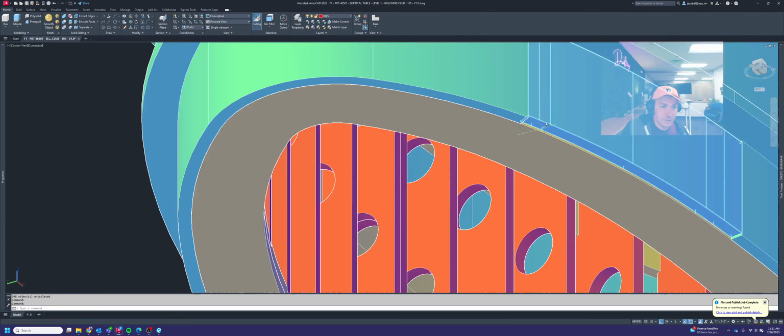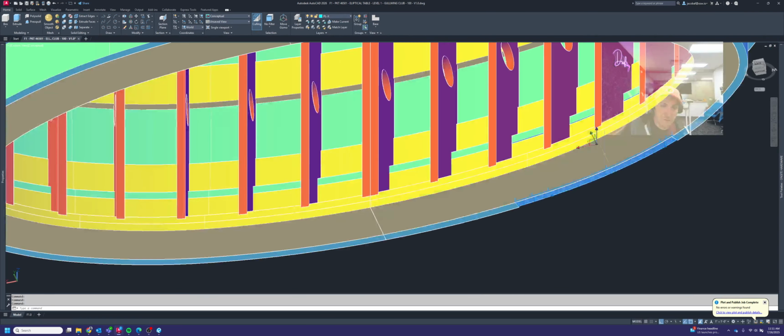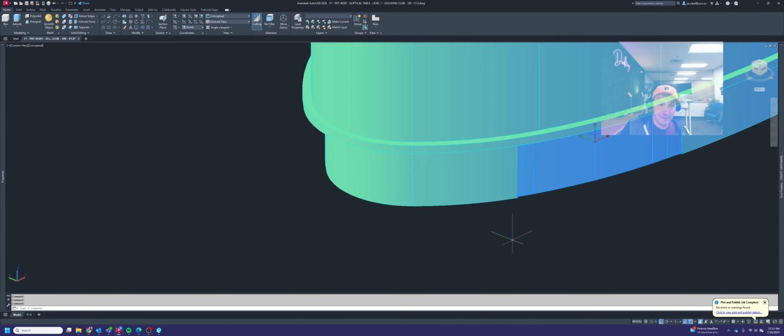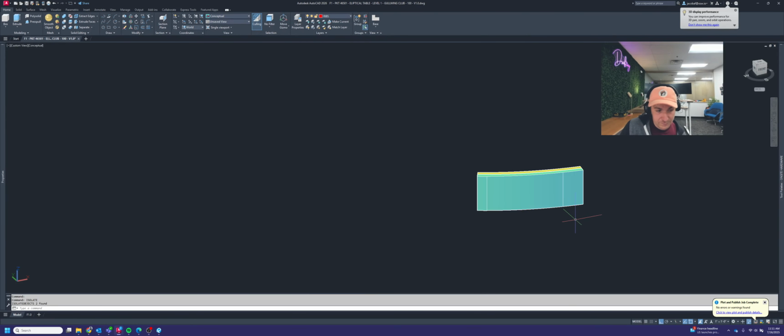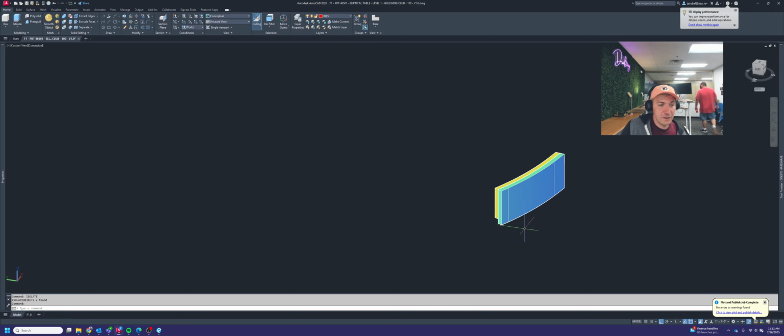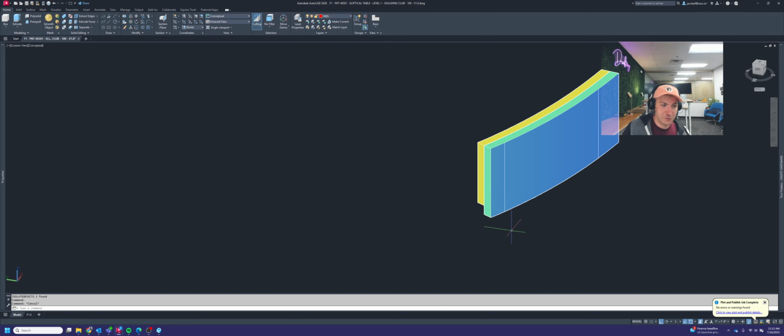All right, so let's go back. We're going to isolate just those two parts, the substrate and the base trim that we're turning into an access panel here. Isolate those two parts. All right, and now I'm going to show you a cool trick you can do with the press pull command. So press pull,